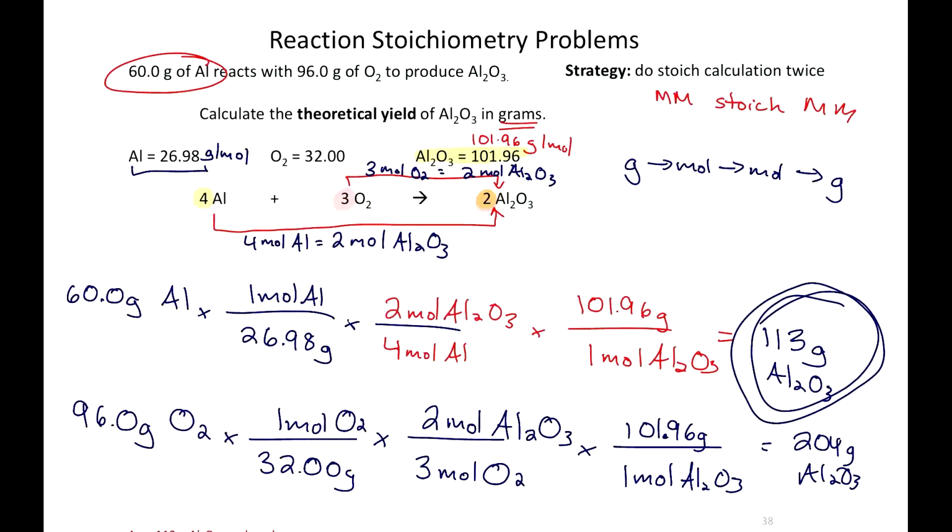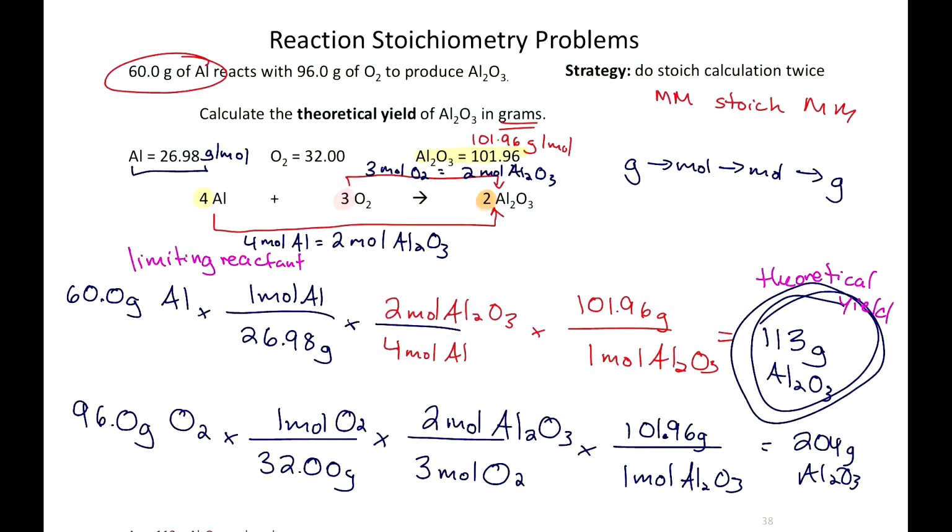Remember when we made sandwiches? All of the breads only made 15 sandwiches, and all of the cheeses made 18 sandwiches. We chose the smaller one because the breads ran out first. So what we're seeing here is that after making the 113 grams of aluminum oxide, all of that aluminum is going to run out. So this actually tells us 2 things, that aluminum is our limiting reactant, and then the 113, this is our theoretical yield